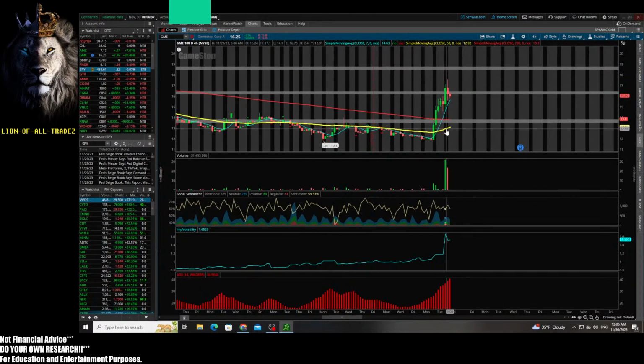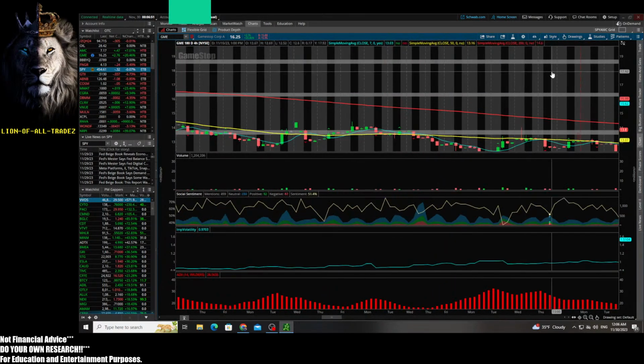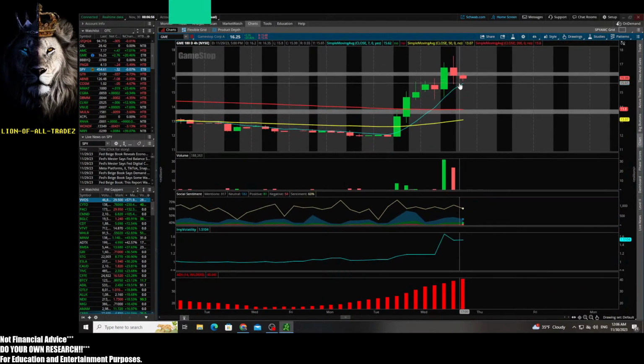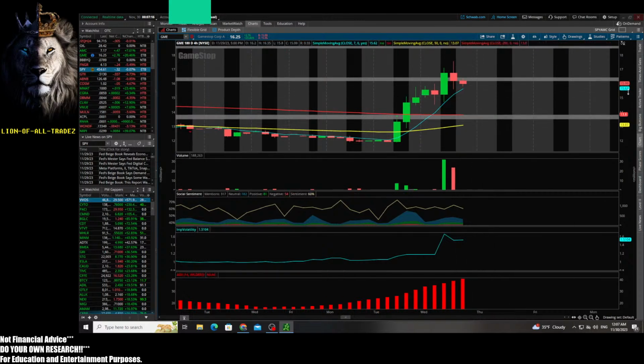The 50-day simple moving average is slightly approaching the 200 and trying to go above that. So that's supposed to be a good thing. But my thing is, it's actually a little weak, so I'm not really too sure. I can't really say where it's actually gonna end up, but in most cases, it would have to come back down and retest the support of like 15, and then bounce from there.